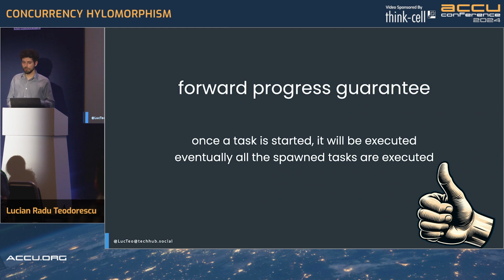The model offers us a forward progress guarantee. Once the task is started, it will be executed. There's nothing blocking it, waiting for other things. And because of that, eventually all the tasks in your system will be executed, right? And by the way, I say task here, but please do not imagine dynamic things. Tasks are code structures, like the branches of your if clause, right? That is a task